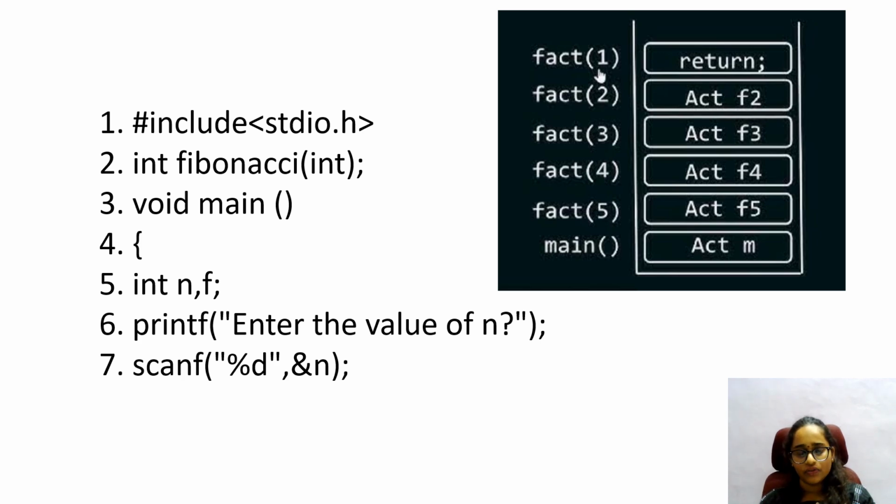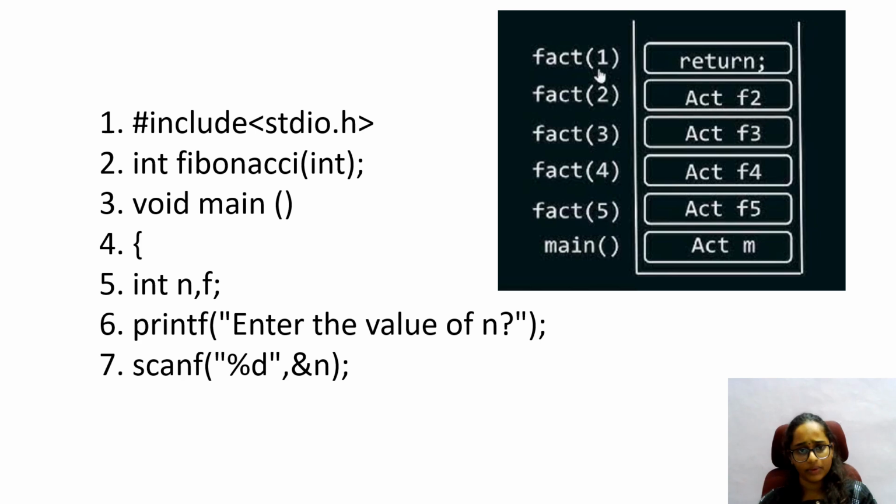In this recursion, we can observe the stack. The stack is nothing but a structure where one side is open and the other side is closed. The first thing entered will come out last and the last one will be at the first. Okay. Now, include stdio is a header file and next is the function declaration,